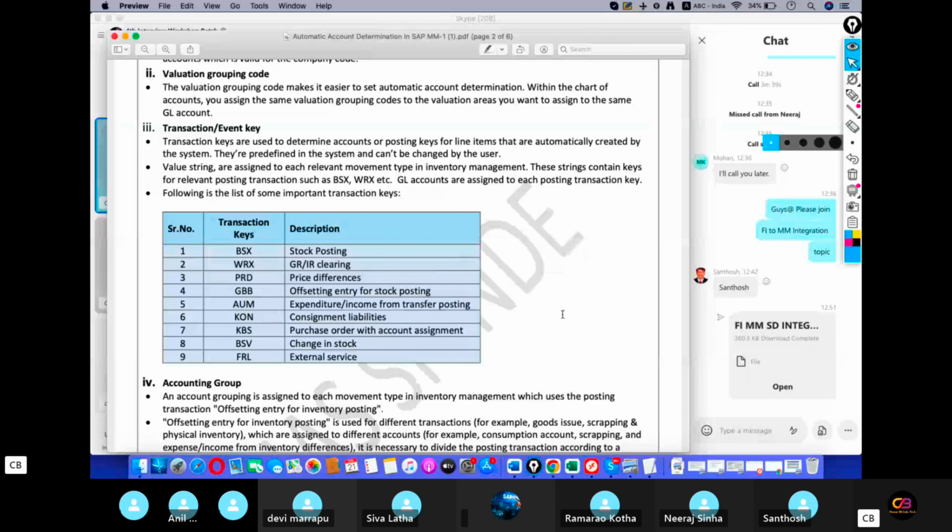If I ask for transaction keys, you need to give at least 5 to 6. If I ask for movement types, you need to explain 5 to 6 movement types. Then only will you be selected in the interview without stopping. So BSX, WRX, PRD, GBB, KON, KBS, FRL, these are all